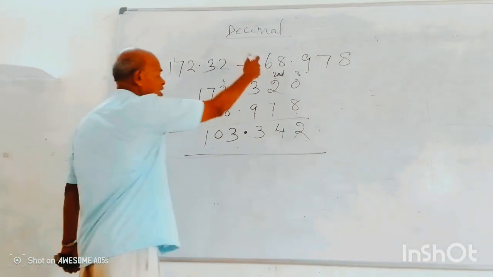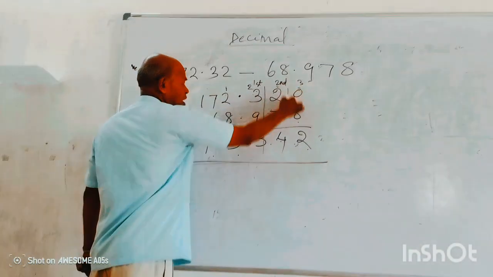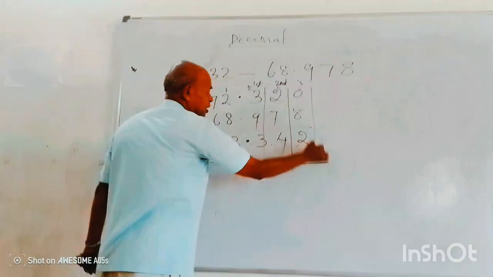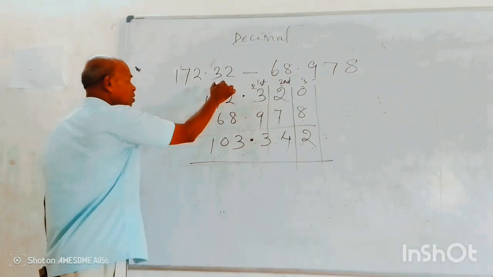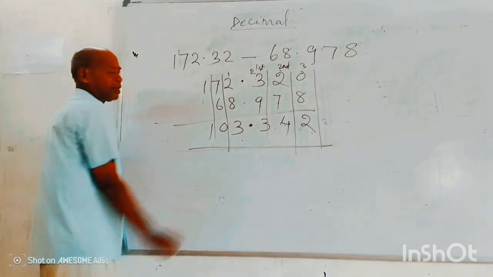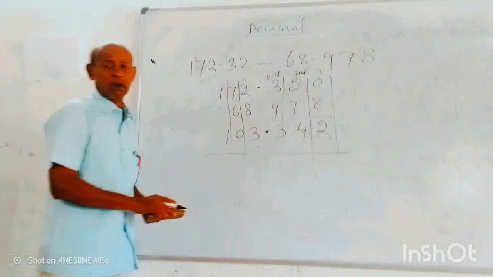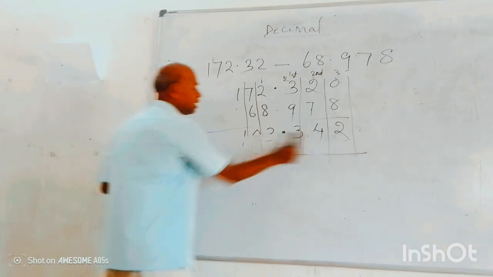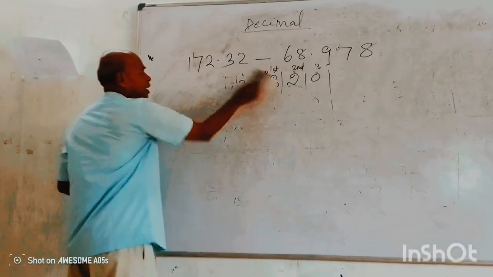So in case of subtraction and addition, our arrangement is very very important. In the first place digit should lie in one column, second place digit should lie in one column, third place digit should lie in one column. Here one digit should lie in one column, and the 10th place digit should lie in one column. In this way you have to arrange. Otherwise the addition and the subtraction of decimals is very easy. Now we will come to multiplication.